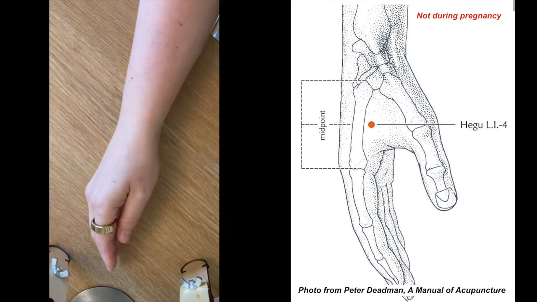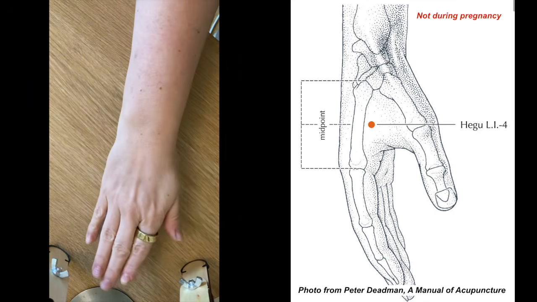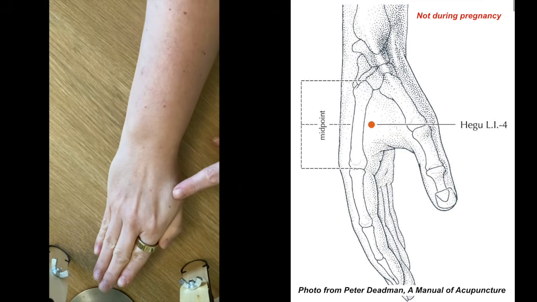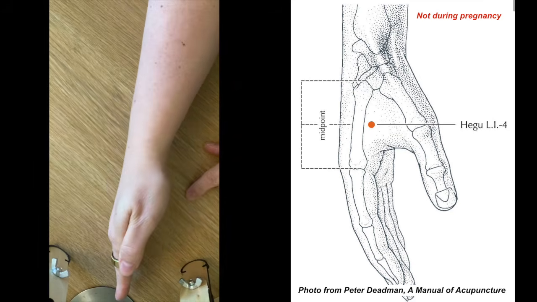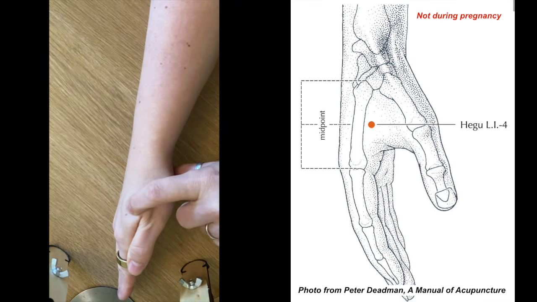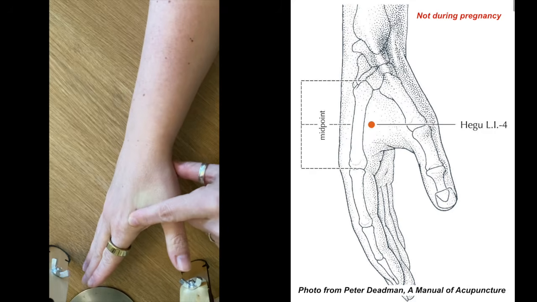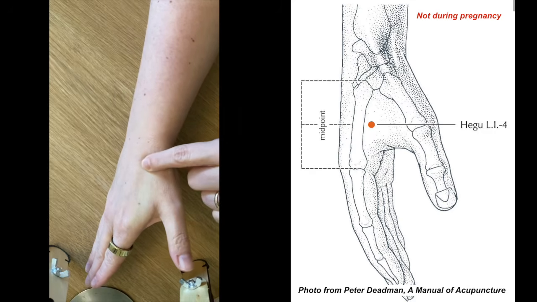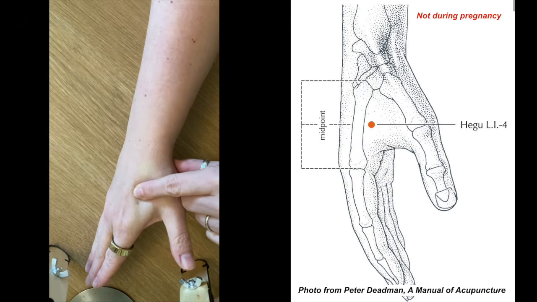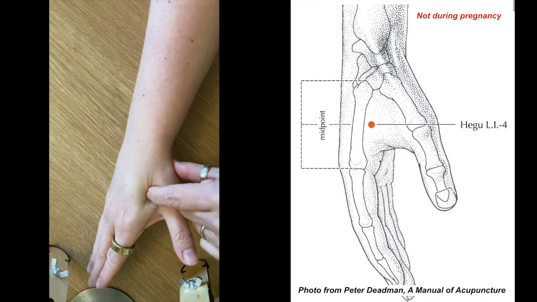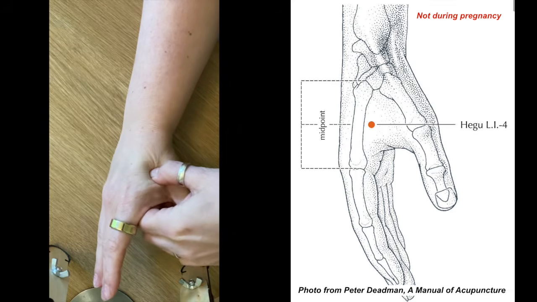You'll find large intestine 4 by flattening your hand and squeezing your thumb toward the hand until the muscle between your thumb and your hand bulges, right? You find the top of that bulge, and then you press down as you relax your hand toward the hand bone. The point, as it says in the diagram, is roughly the midpoint on that metacarpal bone. So it's midway in the middle of your hand on that bone, right there on the side of your hand.